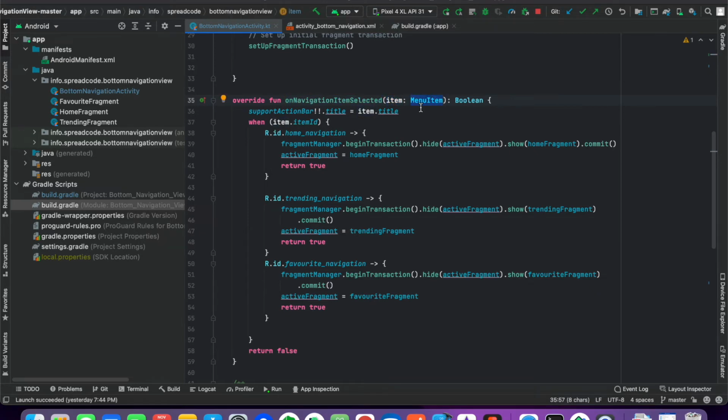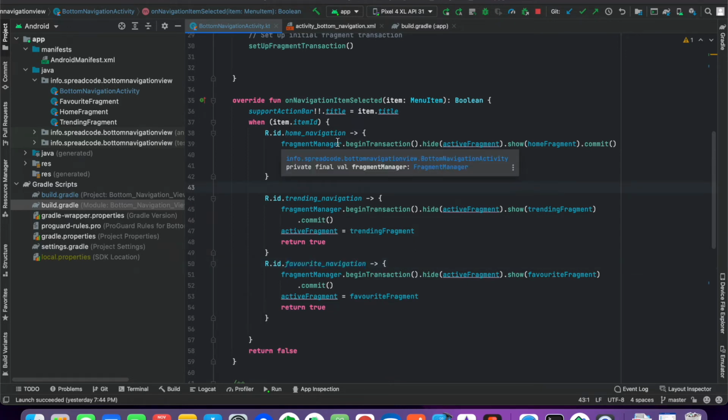And I have already set the title and ID of those items in the menu, as you remember. So first I have changed the title of the toolbar, and then I check the ID. First for the home navigation, then the trending navigation, and then the favorite navigation.